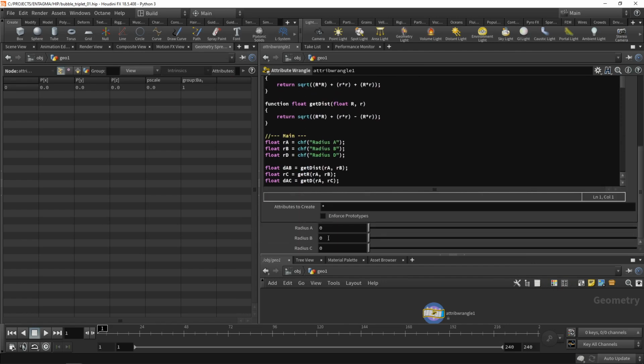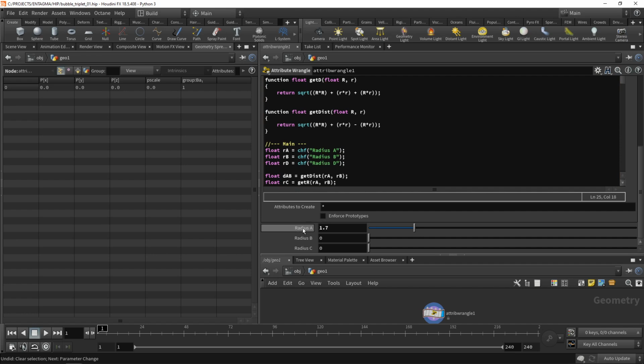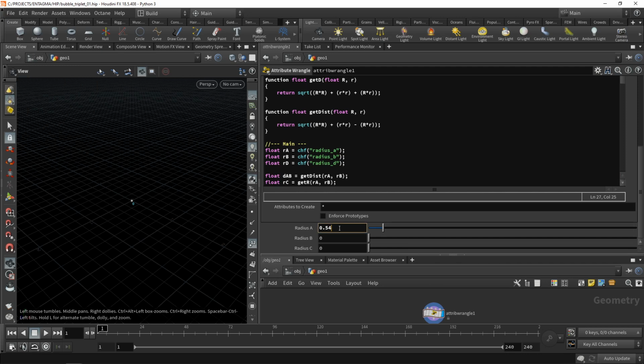Hit apply and accept, and you're presented with those 3 sliders here, which still isn't working because when I hover over this, I spelled my parameter radius_A, not containing any capital letters. So let's change that up here. Like so, and finally we can see we're getting this pscale value written on our point. Let's just dial in some values here, 0.6, 0.4, and I don't know, 0.3, like so,